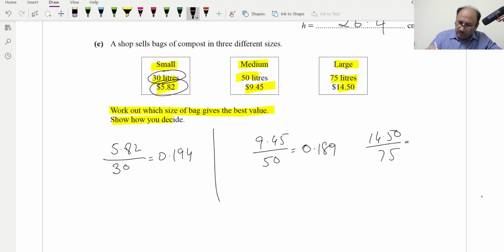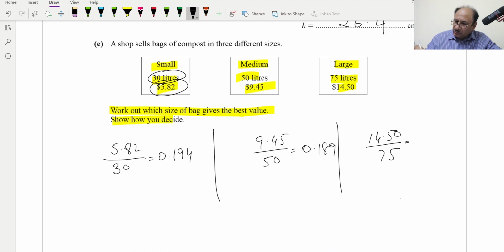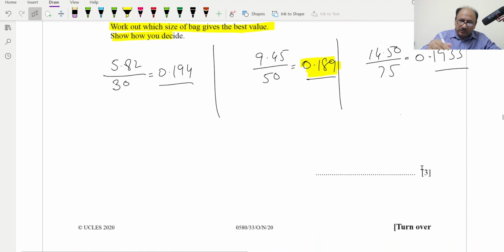And if we check the third one, 14.50 divided by 75 will give us 0.1933. Now we will be checking which one is cheaper if we compare these three values. And if we check, this is the cheapest one, 0.189, which is for the medium. So after this comparison, we will write here the answer: